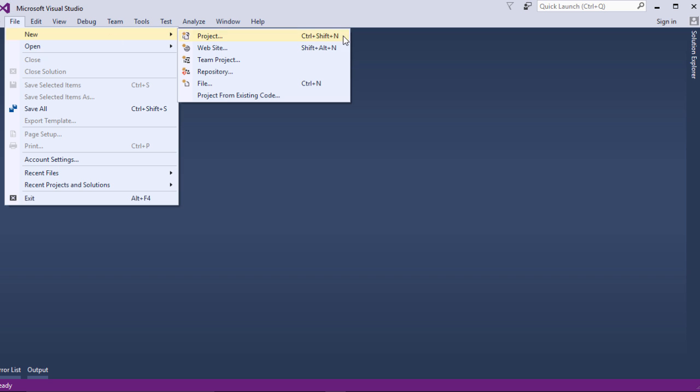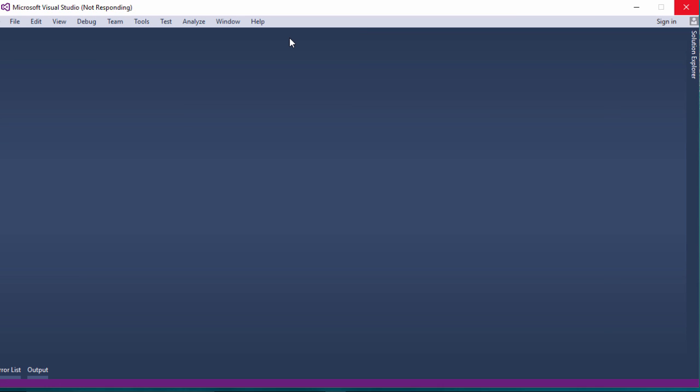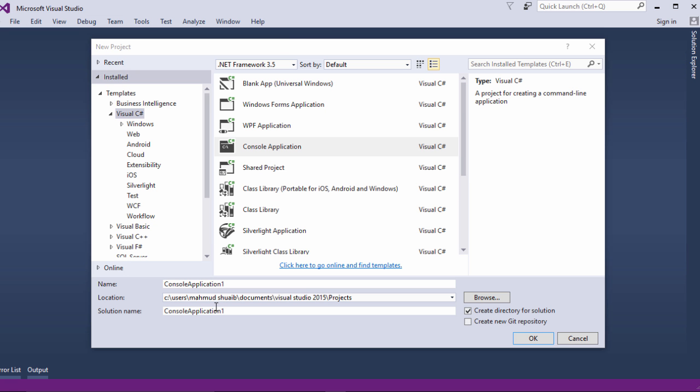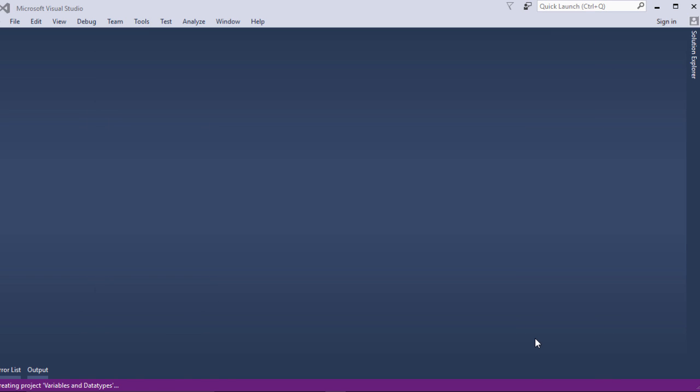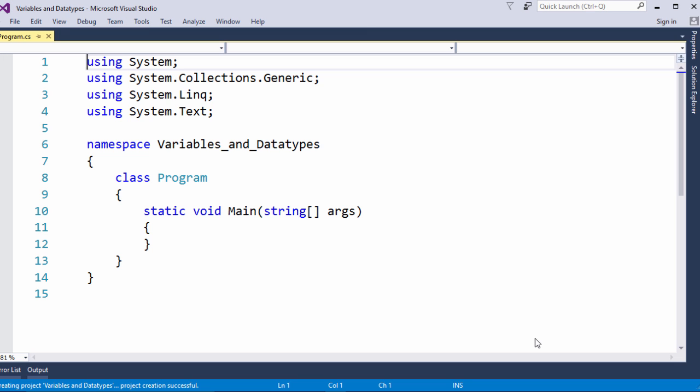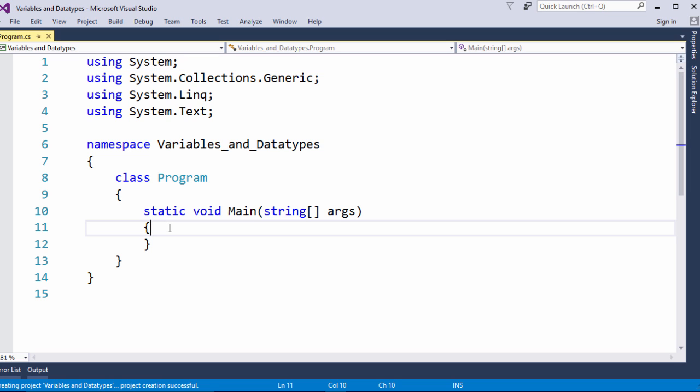So I'm going to create a new project. I'm going to call it variables and data types. All right, great. I'm going to click OK. Let that load up. So good, now that we have that program loaded up, to create a variable, there is